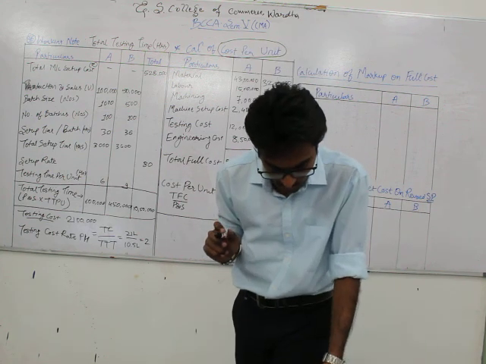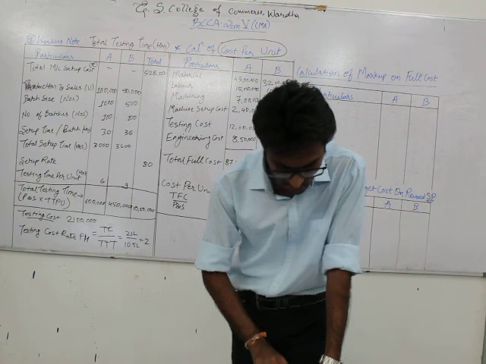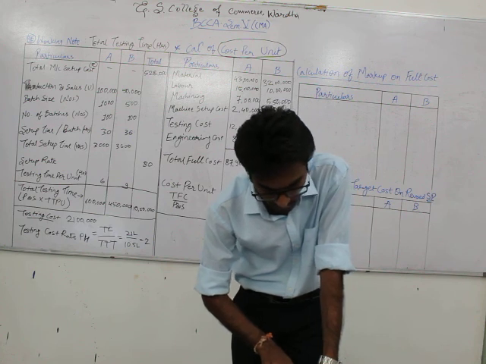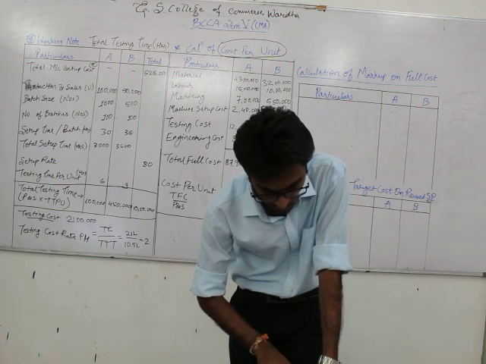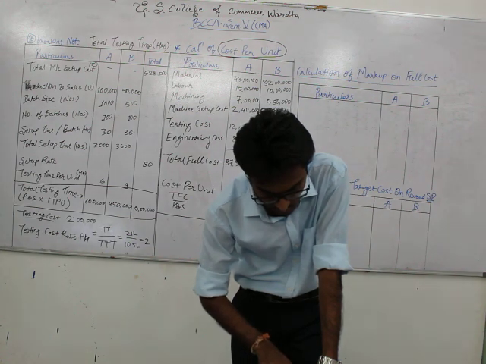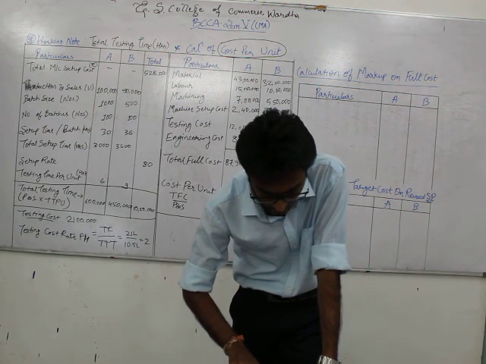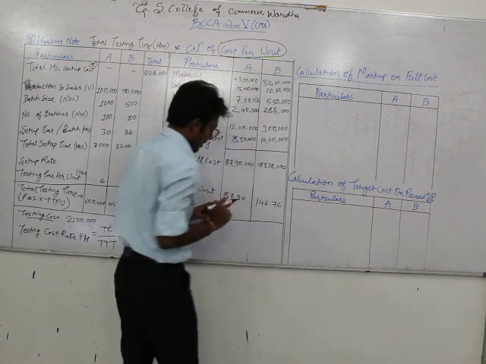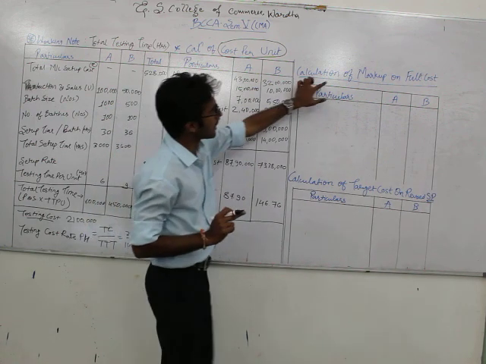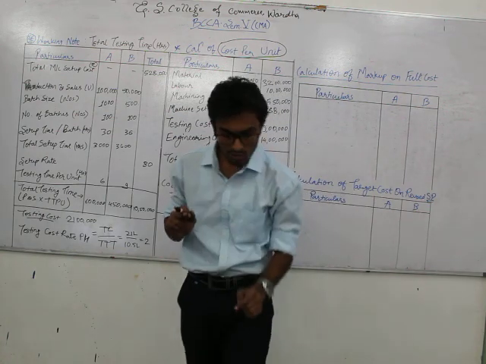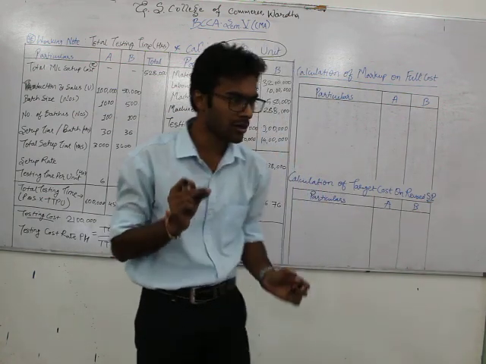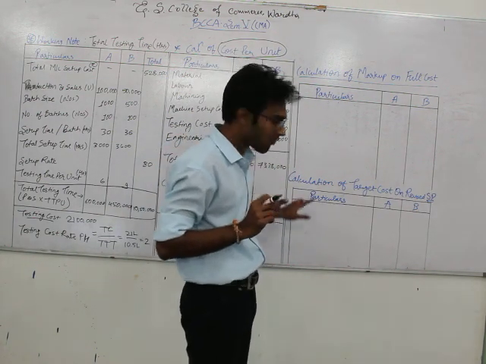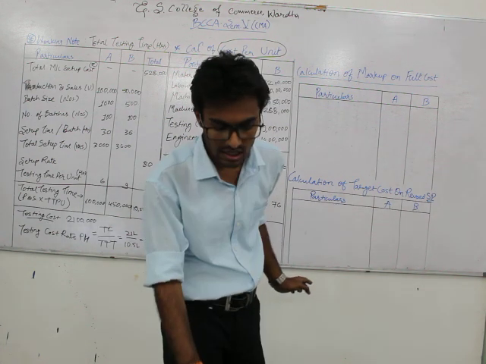The first sub question, you can refer to it from the description box. First you are required to work out, and point one was, the percentage of markup on full cost for each component A and B. So we have to calculate markup on full cost. So your first sub question will be fulfilled. You will get the solution for the first question from this column, and for the second sub question,